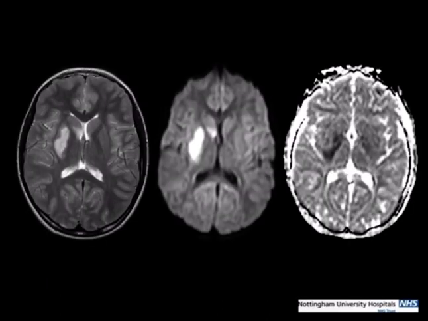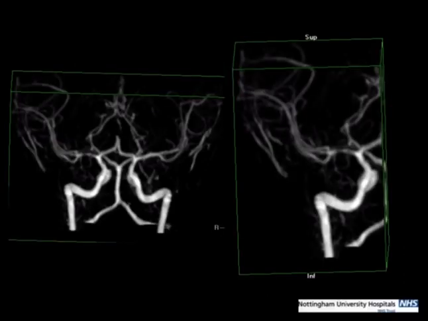So particularly in children's brains, everything's all packed in together. There's not much space to compare things to. This is a window width of just 16, so I've really narrowed the windows there, centered around 35, and you can see the missing density of the basal ganglia there. Just in case you didn't believe me, that's the DWI. So this is a striatal perforator territory infarct, so we're going to be looking at an abnormality in the MCA